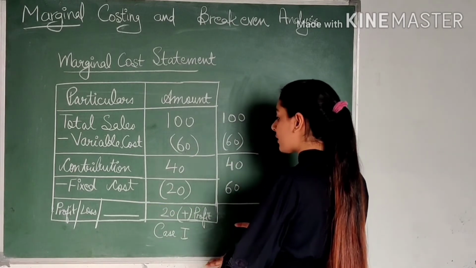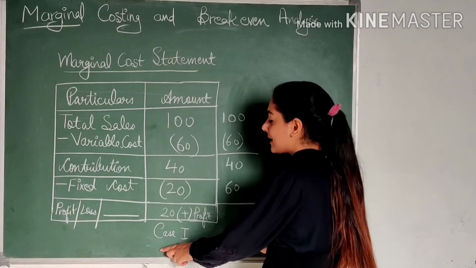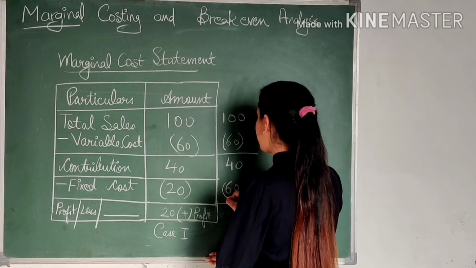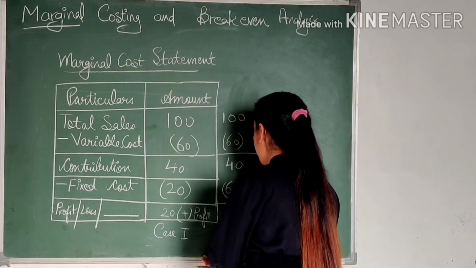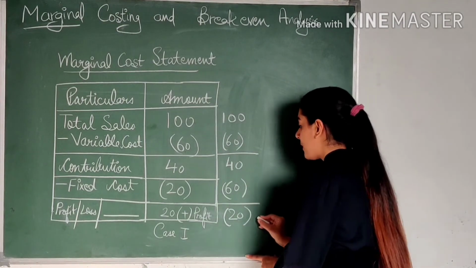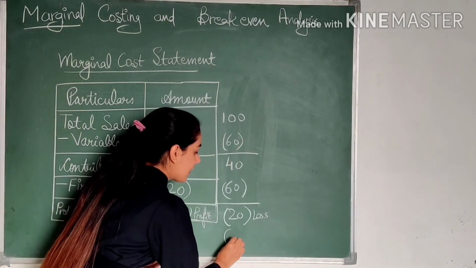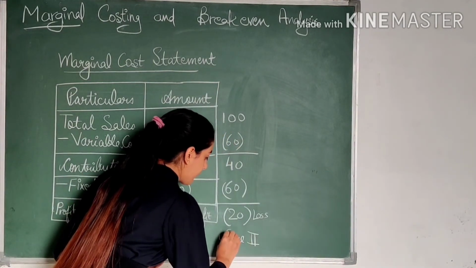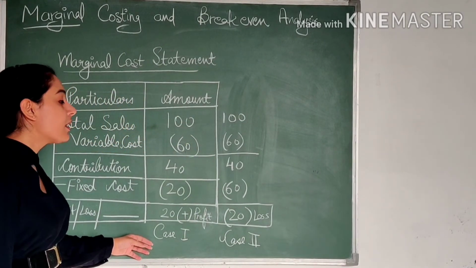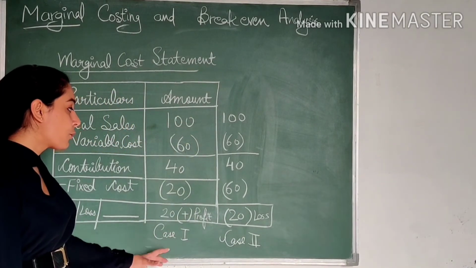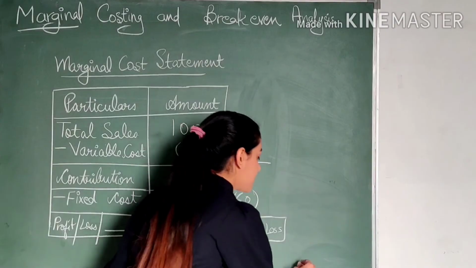So here, at the profit and loss level, I was in profit in case number 1, but here if I have to deduct 60 out of 40, I'll be at minus 20. This minus will refer to my loss. This is the loss. So this is case 2. Right? So there are two possibilities: in the first one I have a profit of rupees 20, in the second one I have a loss of rupees 20. Let's talk about the third.